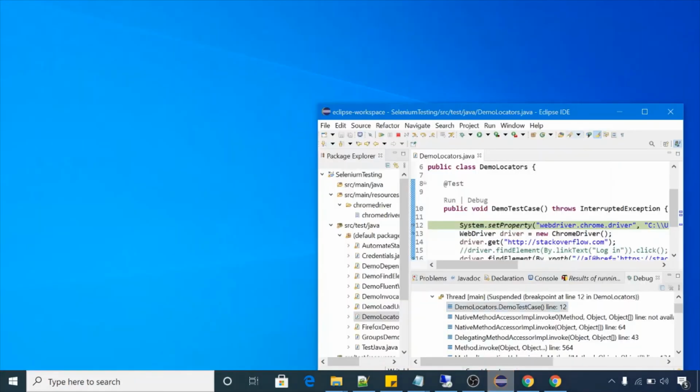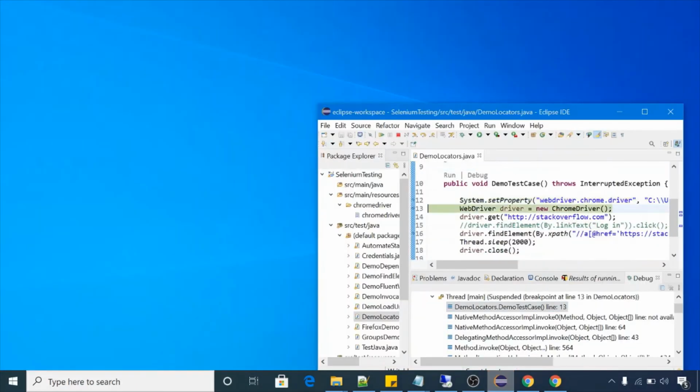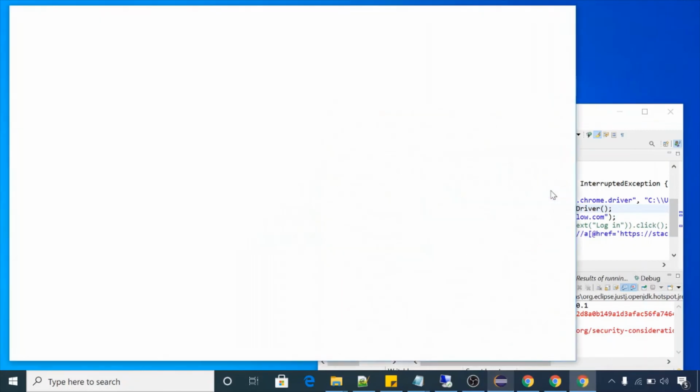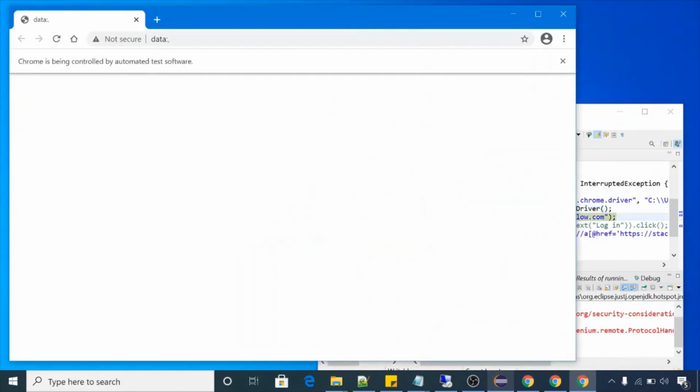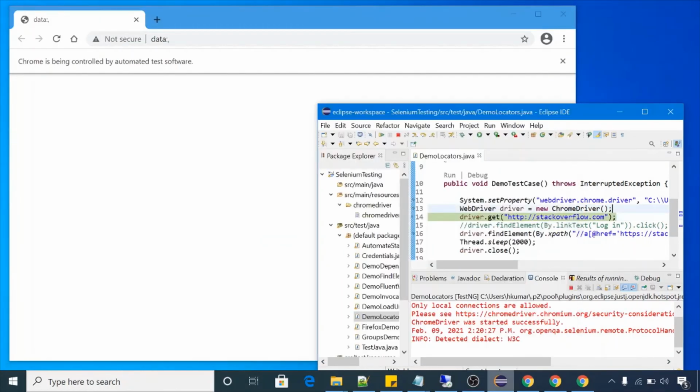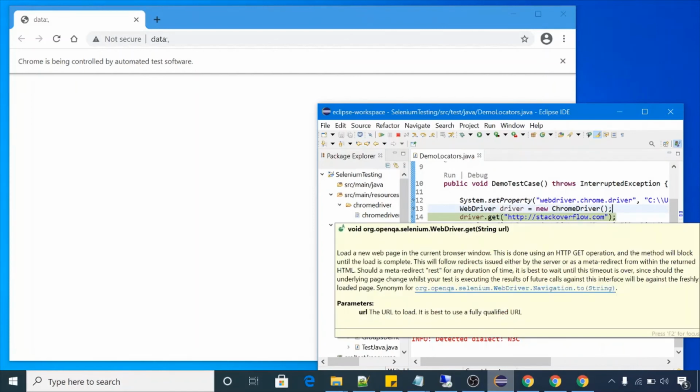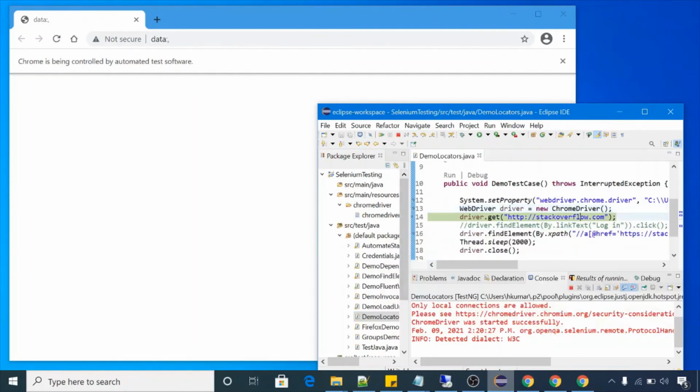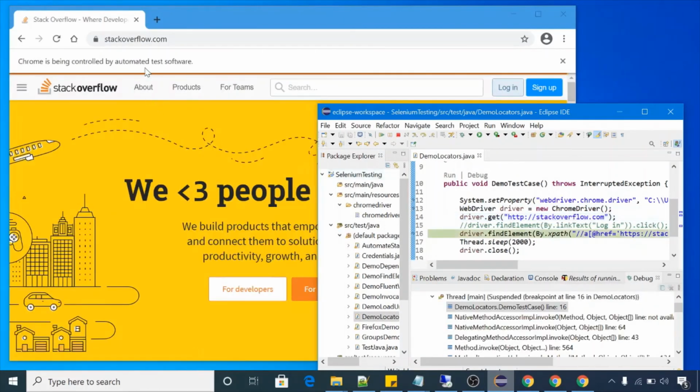Let me launch. So press F6. It will launch the browser. So it's launching the browser, and this statement will open this website on the open browser. F6. Yeah, stackoverflow.com is open on the browser.